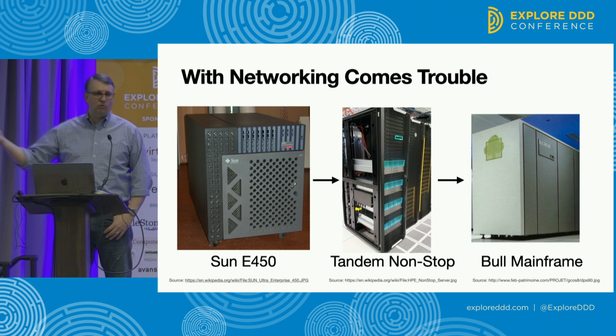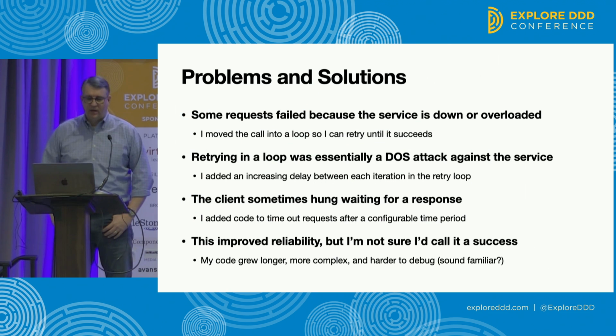Sometimes I would make a call, but the Tandem was busy doing other things, so it'd be very slow to respond. Sometimes it would respond, but it'd give me an error message back, so I couldn't actually send any information to it. So I had to deal with all these sort of outages that occurred. And so I went through this path to enlightenment about how we can address these kind of things. So some requests, as I mentioned, failed because the service was down or because it was overloaded.